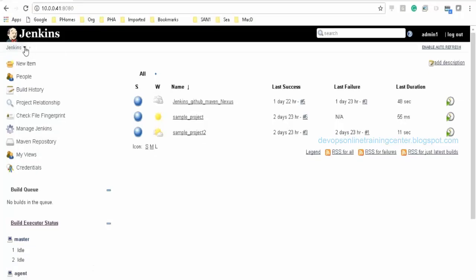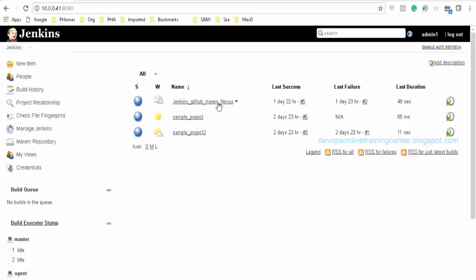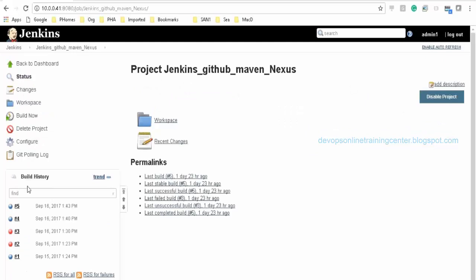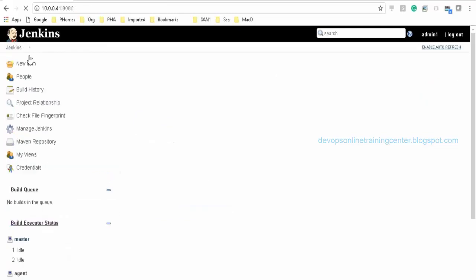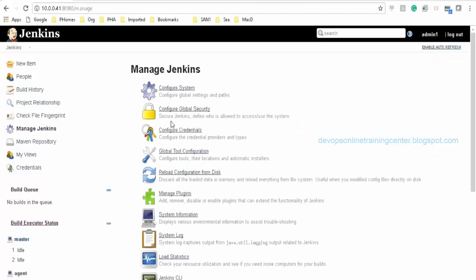So any other questions? So we have seen managing plugins, installing a plugin, and we have seen the integration, right? Then let us try to install one more plugin, that is Ansible.